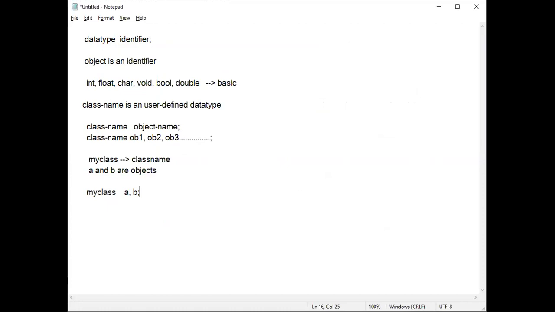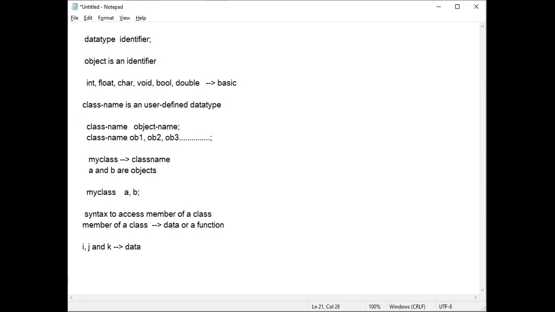For everything we have a syntax. The general syntax to access a member of a class: whenever we come across the words member of a class, it can be data or a function. Data means variables. Now we have the data. In this example, what are the data? I, J and K. These are the data, nothing but variables.